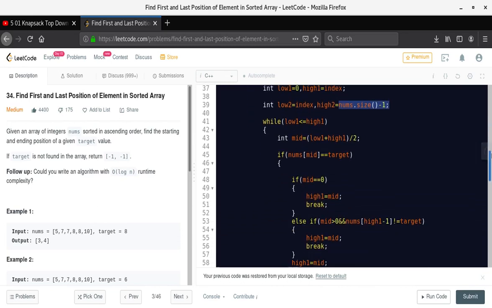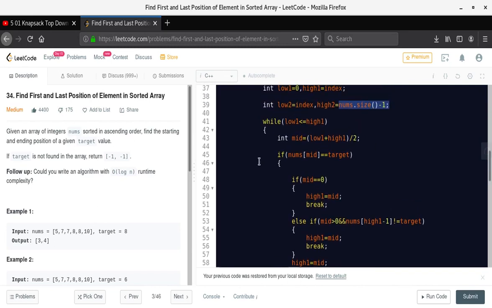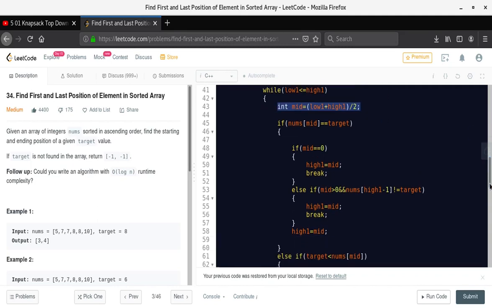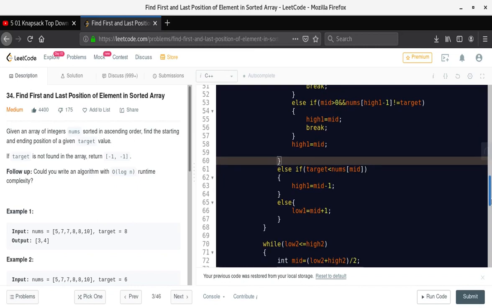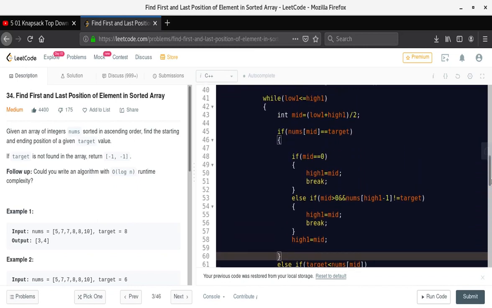So now we are applying binary search on the left side. Low 1 is less than or equal to high 1, and we are just calculating mid from that and applying this binary search. But there is one modification in this. It's not a simple binary search. Actually we are not going to break, right? We have to think about when we break.